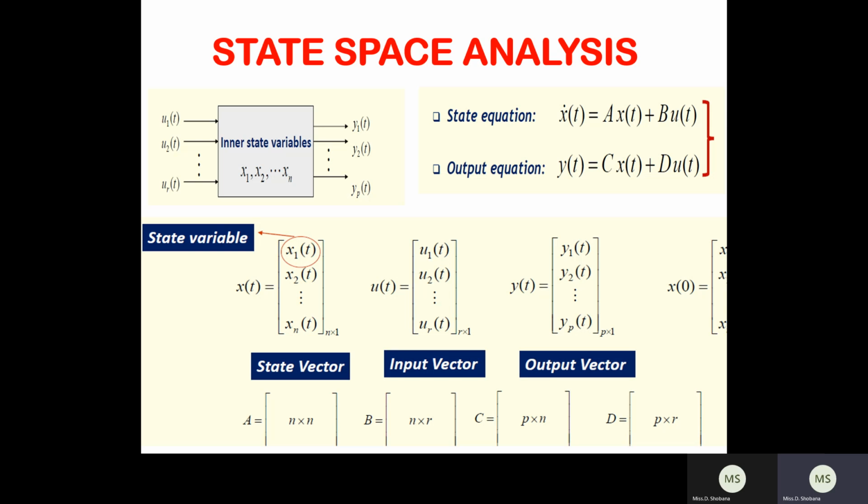In the transfer function model, by varying the input quantity, you can vary the output quantity. That is one conventional method, and all the analysis is done with zero initial conditions, or the initial conditions are assumed to be zero. Apart from that, the transfer function model is in the S domain. But the system also has to be analyzed in the time domain. For that reason we go for the state space analysis.